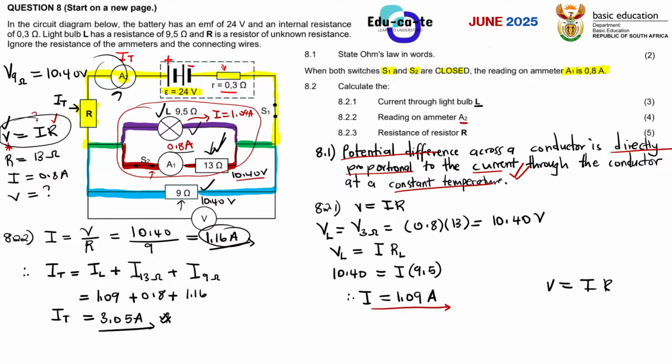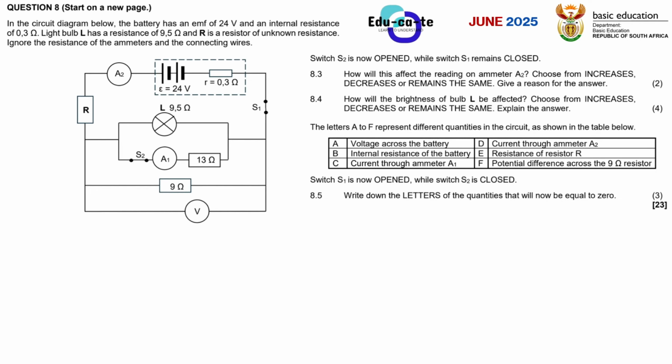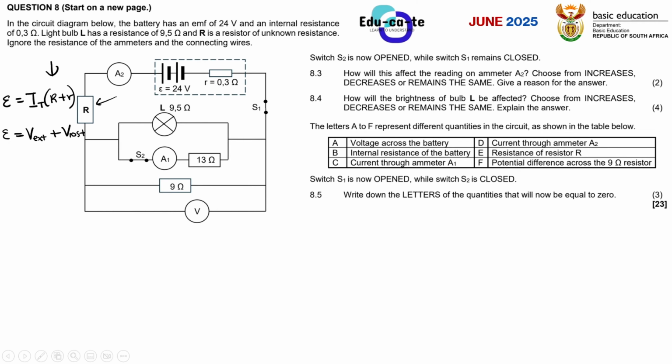So here in this case, for this resistor R, we do not know the voltage. It is an unknown, but we do know the total current. It is the one that is passing through R. R is receiving the total current, and we don't know its resistance. This is what we are solving for. So the mission for this question, you need to always know the mission of a question, is to find the voltage through the resistor R.